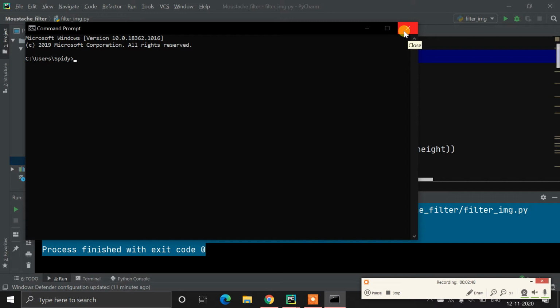Now let me tell you one more thing: pip install opencv-contrib-python. There are two different libraries, opencv-contrib-python and opencv-python. What is the difference between these two libraries? opencv-python only contains the main algorithms available in OpenCV.